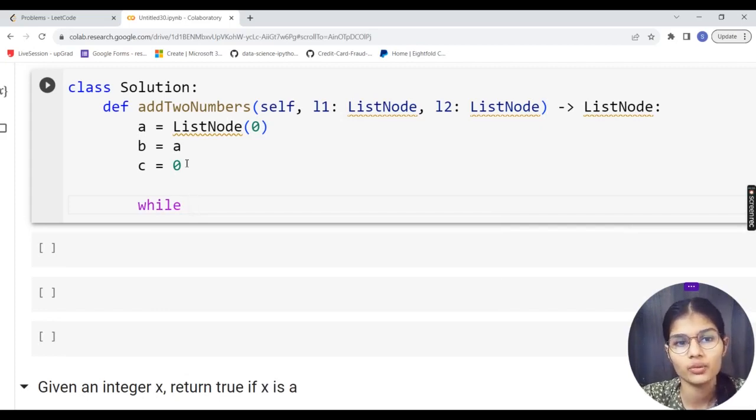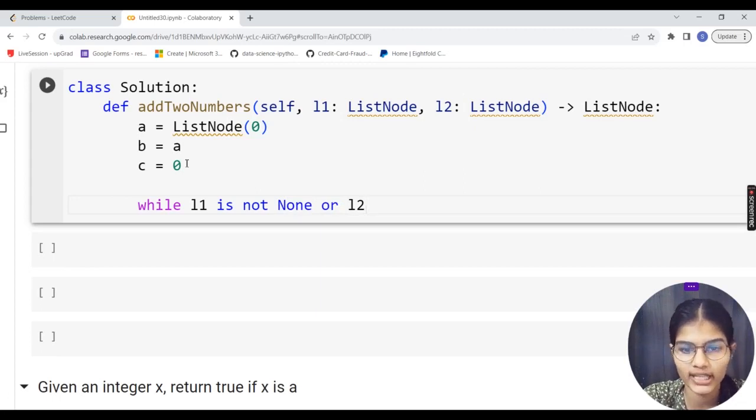So it might happen you are using a lot of functions over here or some things like that, right? While my L1, that is my list one which we have made, is not none, till the time this is not empty, or my list 2, L2, because we will be taking 2 inputs, both the inputs should not be empty.